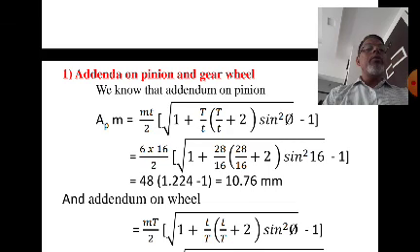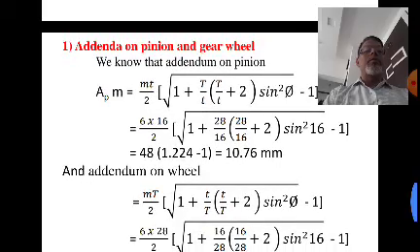So just substitute the value of m and t. m is 6, small t 16 divided by 2, 1 plus capital T, it is 28, we calculated, 28 divided by 16 plus 2, sine square, pressure angle is given, minus 1. If you substitute all the values and calculate that, you will get the addendum on the pinion,